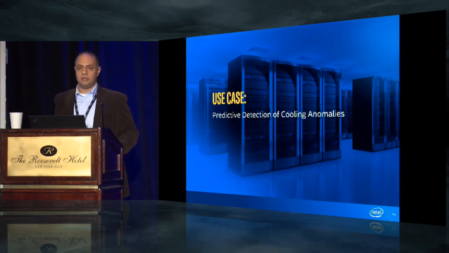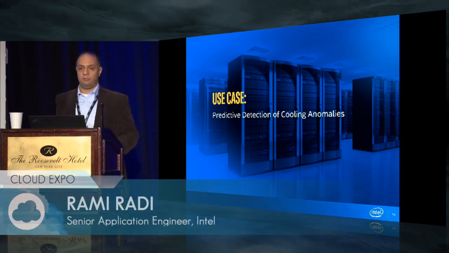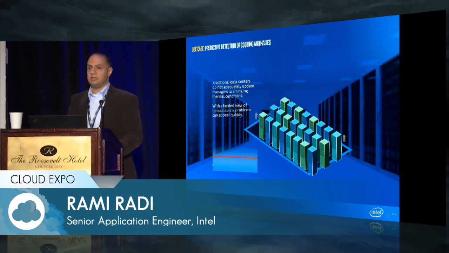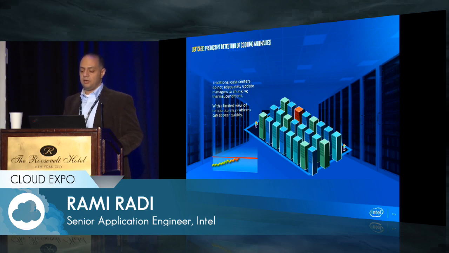Okay, so a couple of interesting use cases. The following ones would be more interesting if you have some physical servers that you need to manage. First one is the prediction and detection of cooling anomalies. Like I was saying before, in many cases you don't have good insights into how each system or device in your data center is actually behaving in terms of not just power, but also from a thermal perspective. That's because you typically have just a few sensors throughout your data center, a few thermostats that are measuring the overall